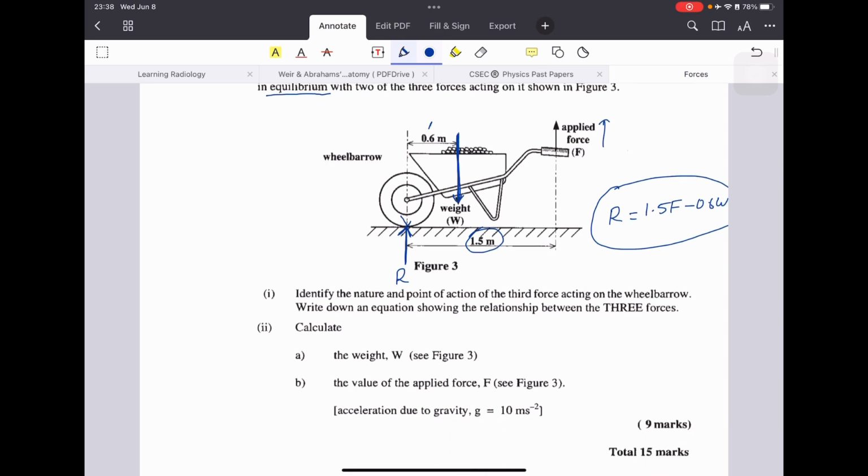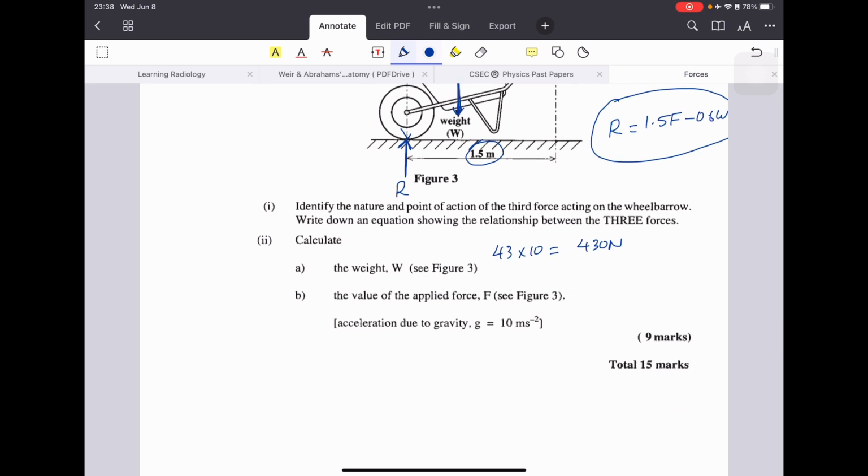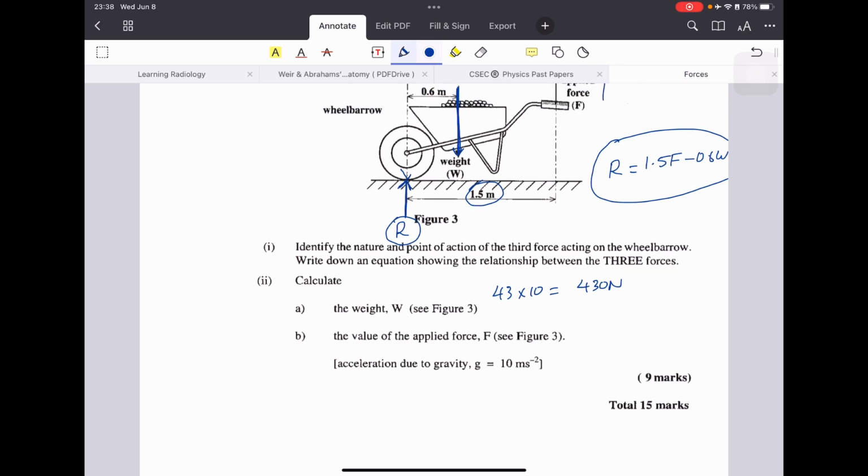The next part of the question asks us to calculate the weight first of all, which is very simple. It's 43 by 10, which is 430 Newton. And then they want us to calculate the value of the applied force. And this is actually quite simple, right? So for the applied force, we'll have to use moments for all of them. So the moment about R, we don't need to find what R is, because R is 0 meters away from the fulcrum. R is on the fulcrum. So the moment of R is actually 0, right? So